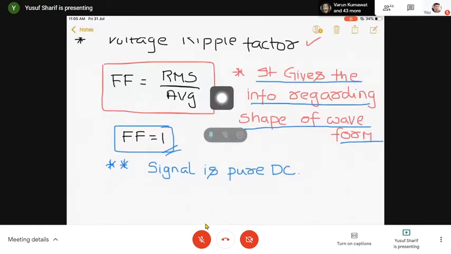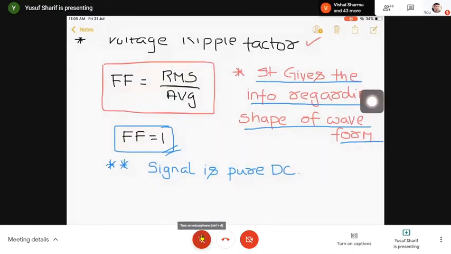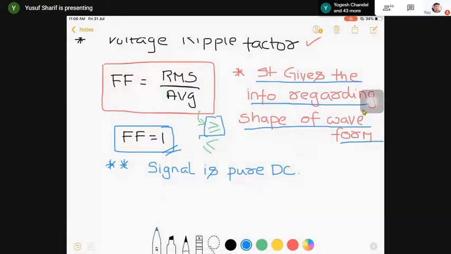Greater than 1. यहाँ पे तो 1 आ रहा है, राइट? लेट मी राइट डाउन दिस हियर. इन दोनों में कौन सा रिजल्ट है फॉर्म फैक्टर का? क्या ग्रेटर देन इक्वल टू 1 होना चाहिए, लेस देन इक्वल टू 1 होना चाहिए? Greater than equal to 1. Yes, the result is form factor should be always greater than and equivalent to 1. This is the second point जो आपके दिमाग में आना चाहिए.